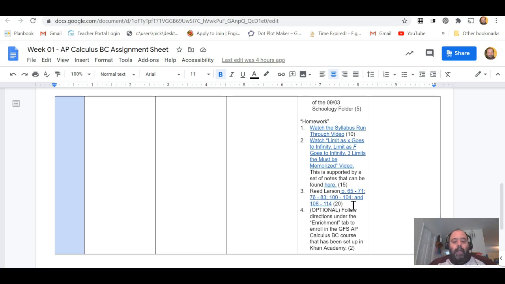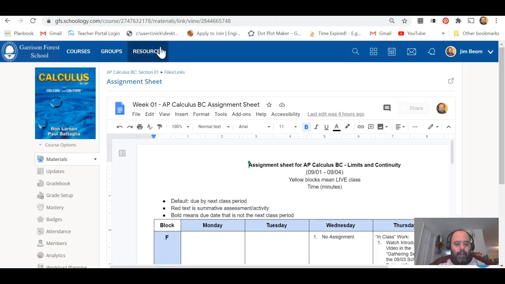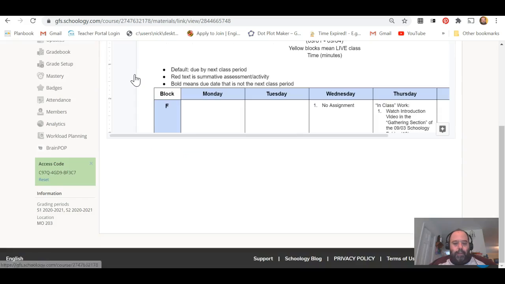You're supposed to read from the textbook, and if any of you have had trouble getting the textbook, I've made some PDFs and hyperlinked them here. And finally, the last thing here is to follow the directions under the enrichment tab. This is a can-do, not required, right? So the last piece of the homework, if you go back to the day folder,